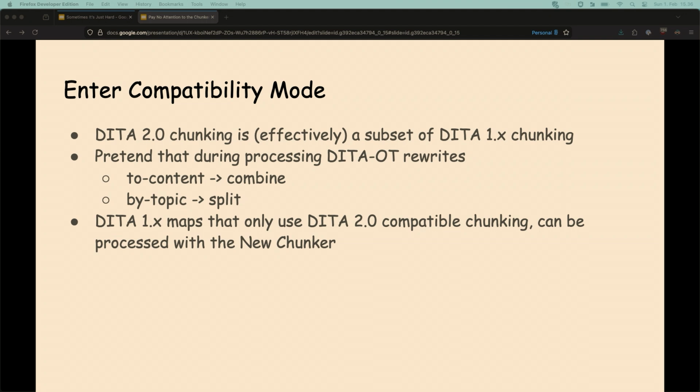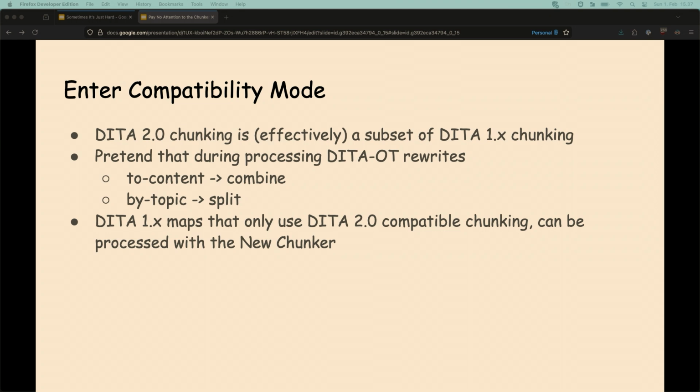So I decided that because chunking in DITA 2.0 is a subset of the old chunking, I could just take those DITA 1.x files that only use the same subset as DITA 2.0 and just process them with the new code. It effectively rewrites those to-content into combine and by-topic into split, and then runs the process.